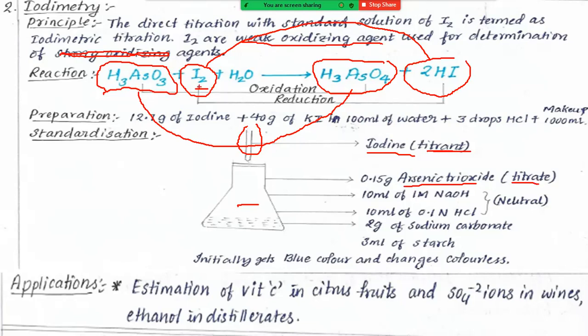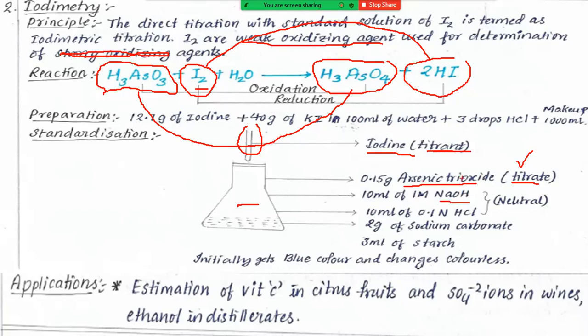Okay. So here iodine is a secondary standard solution. Why? Because it has many impurities. A secondary standard solution can be standardized with a primary standard solution. Here, arsenic trioxide is a primary standard solution, right? But arsenic trioxide is available in the form of powder, so we need to dissolve that powder, and that's why we need to use a specific solvent here.